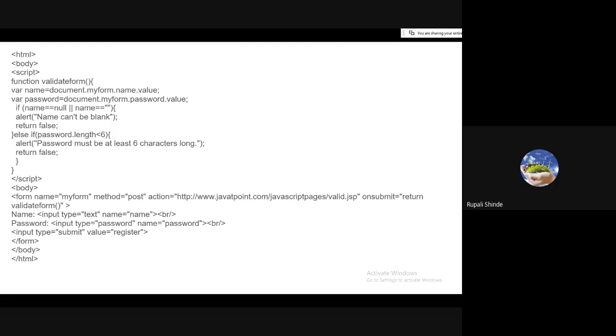Now the body, which has the form. The name of the form is myform. Method is post. Then action. Action means what happens when we fill the complete form and click on the submit button. Whatever content we have entered is passed to that particular website or action site. Then onsubmit is equal to return